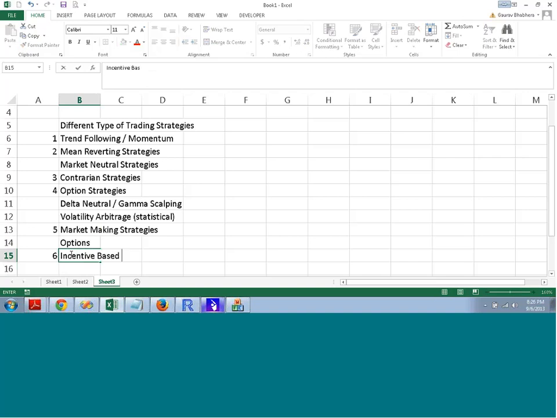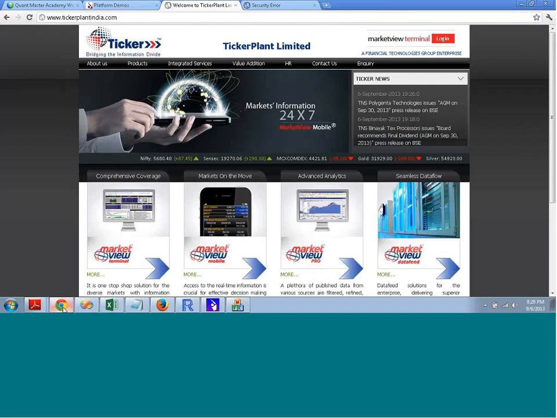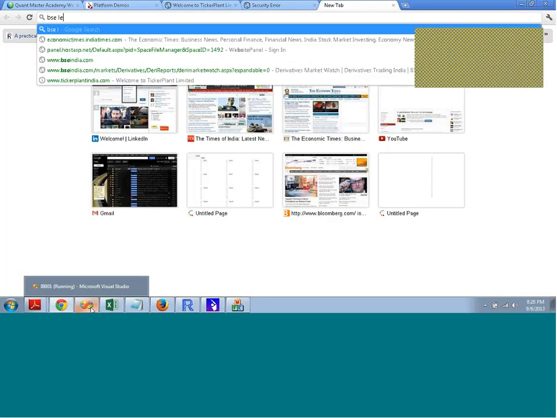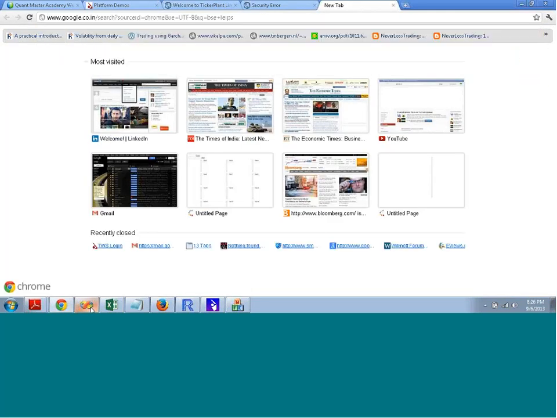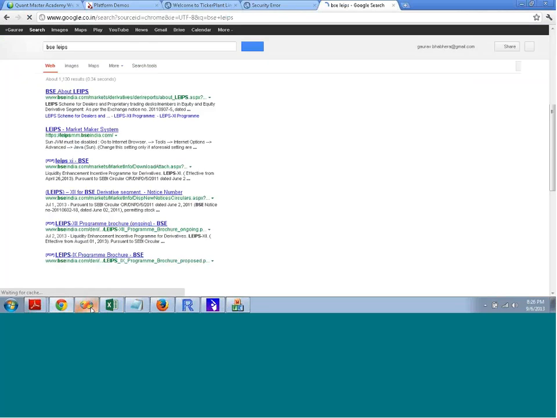And the last type of trading strategies are incentive based strategies. So exchanges many times come up with incentive schemes. For example, if you do market making in a certain instrument, they give you a daily incentive, right? In India, it's mostly done by BSE. So if you just search for BSE LEAPS,